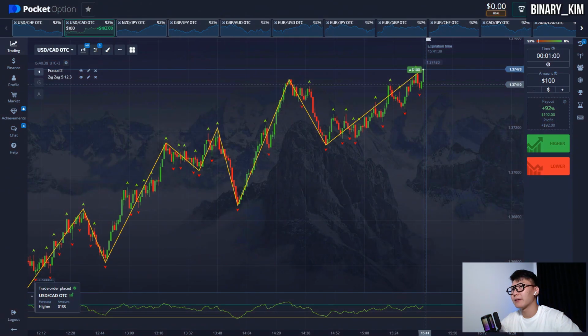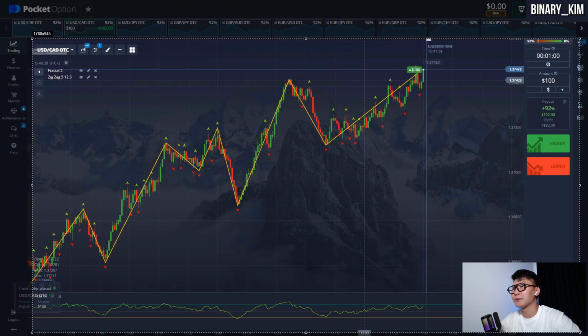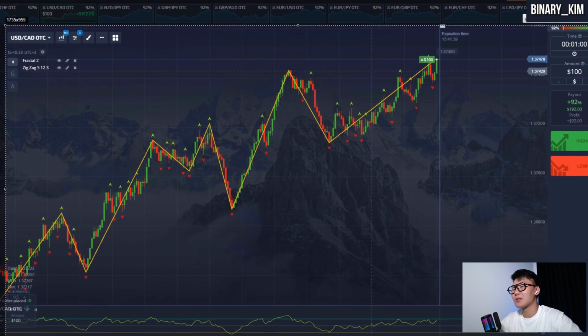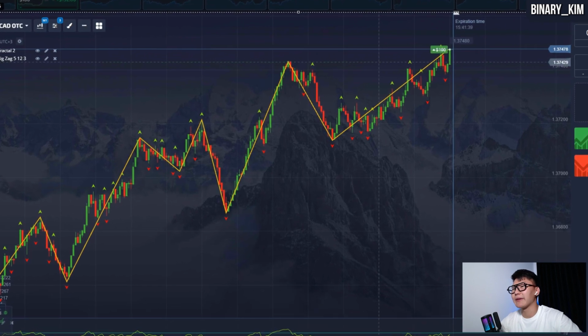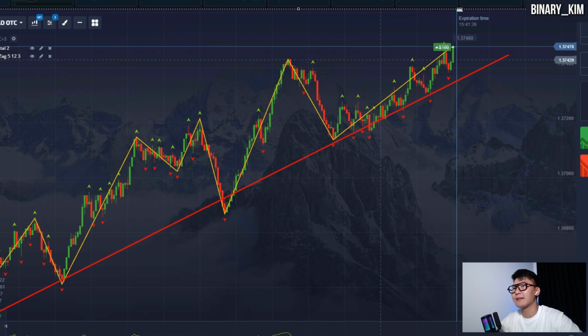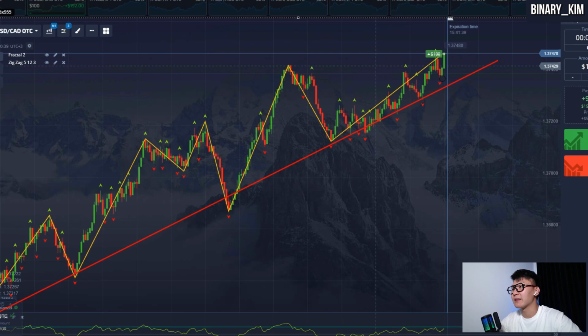Let's open a long position here, guys. Let me explain the principle. So guys, we observe a clear uptrend here, and I'll point out the trend line, and then we see that the local low has been updated here,